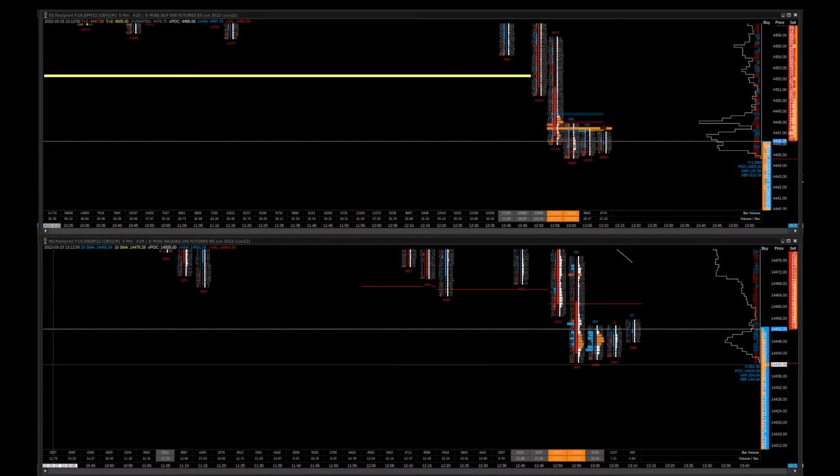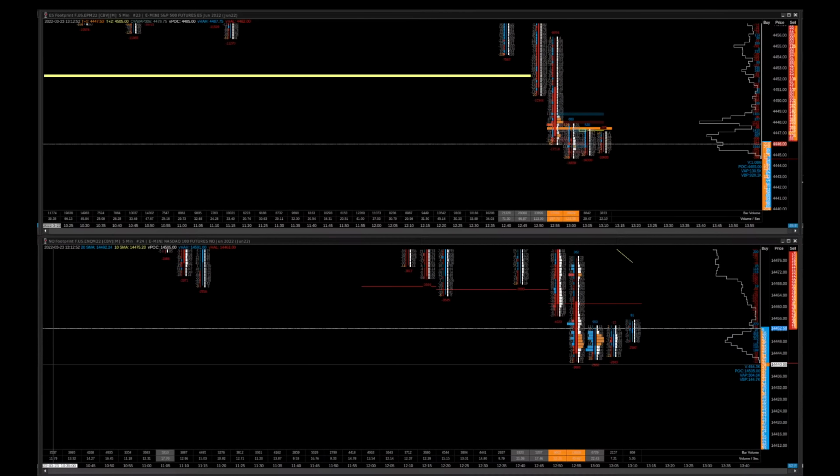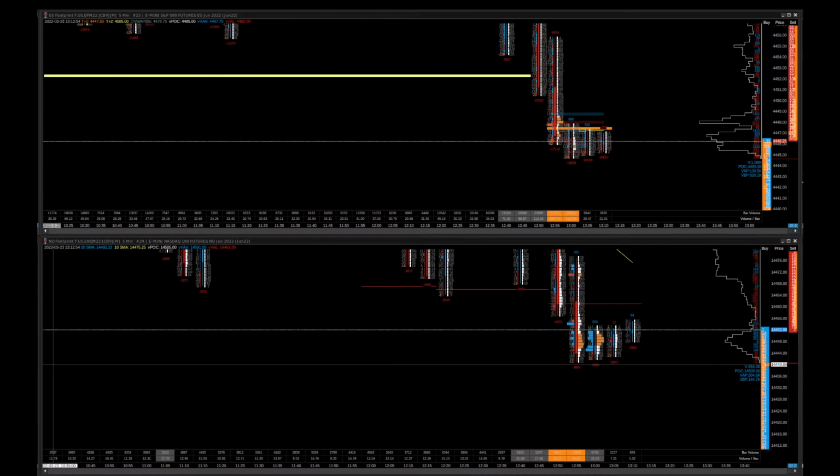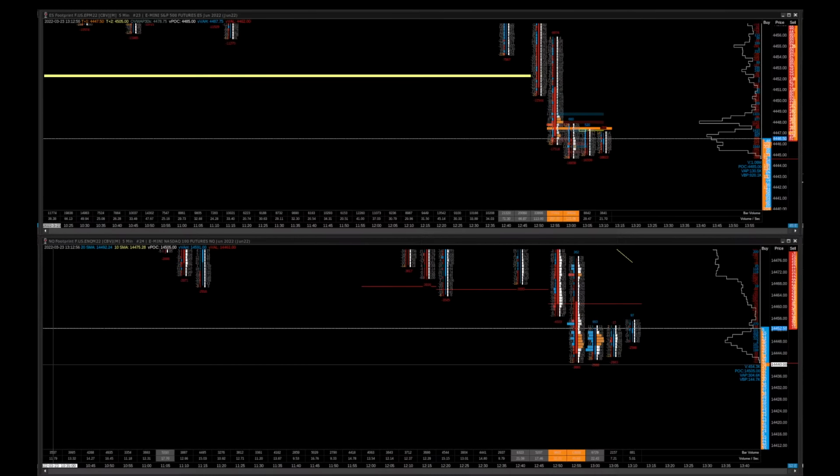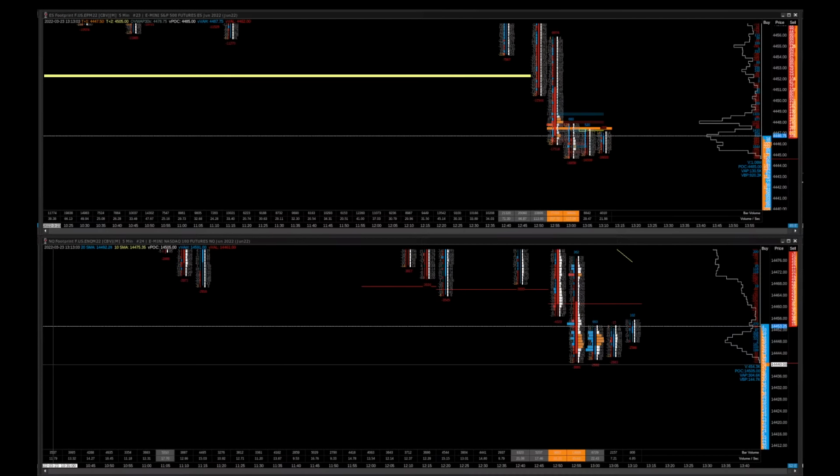And it does so with hardly any bid, and the ask is just stacked. Well, because the weak players are showing their hands. The stronger players are just buying on the bid. Price moves up, buying on the bid, and then you get all these negative deltas, and then you get